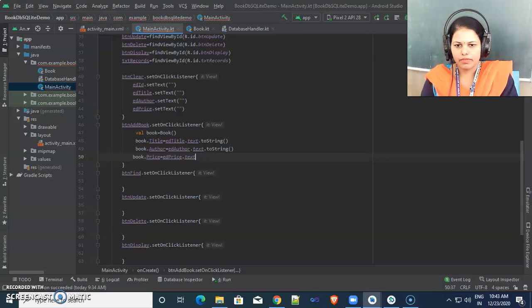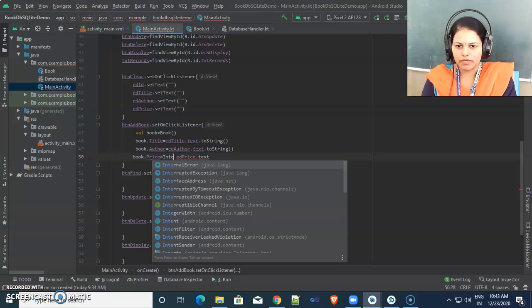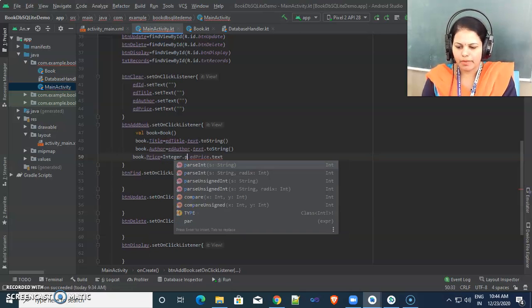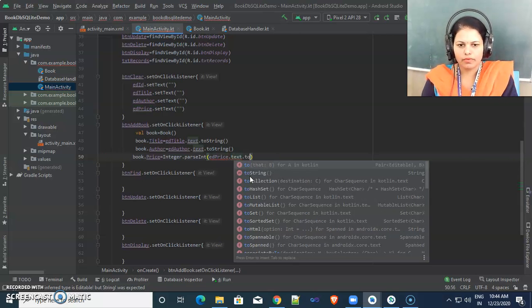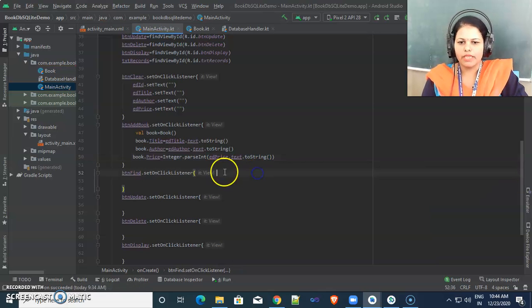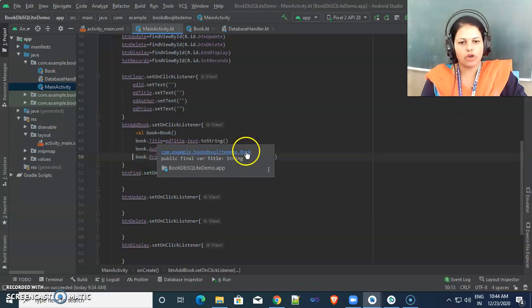So in this way we are adding all the edit text information inside this book object.